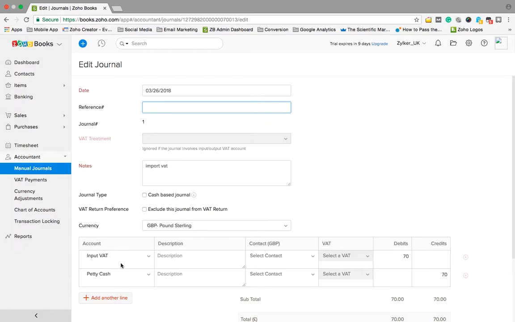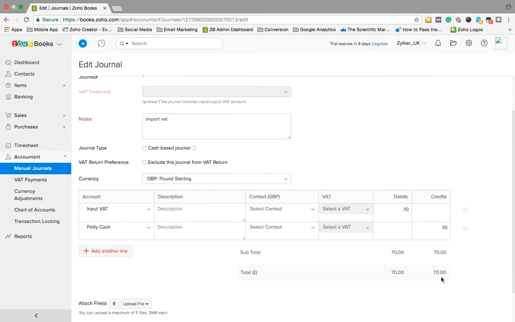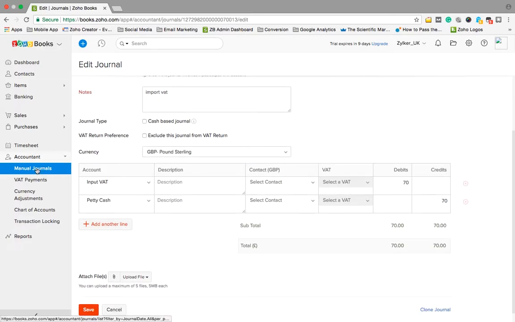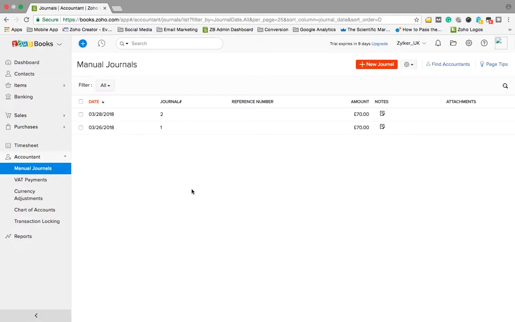Simply add input VAT as the account here, put it under debits, and then you can say the account from which you're making the payment. In this case, it is petty cash. So you can enter 70 here, so it basically matches. And this is how you keep a record of the import VAT. So whatever transactions you make via manual journals, they'll be automatically pushed into your VAT returns report,